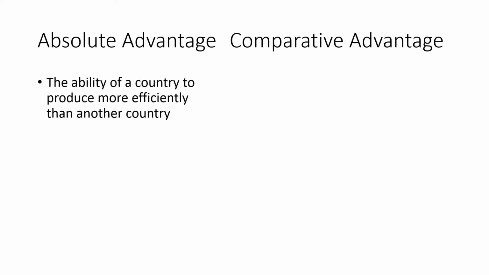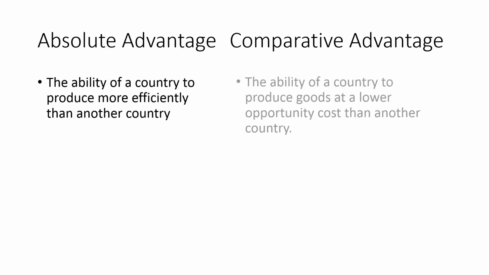Absolute advantage and comparative advantage. Absolute advantage is the ability of a country to produce more efficiently than another country. While for comparative advantage, it is the ability of a country to produce goods at a lower opportunity cost than another country. So for absolute advantage,